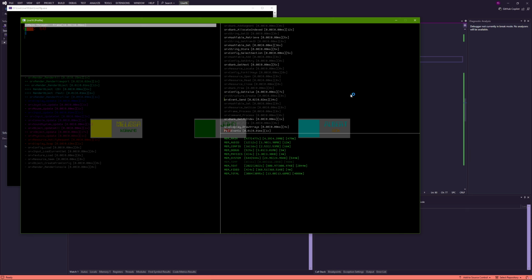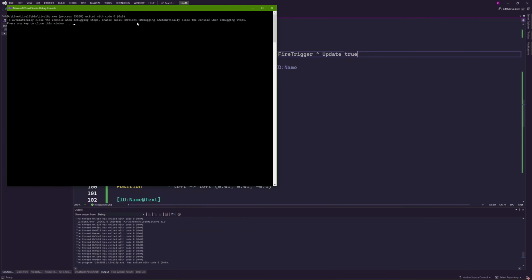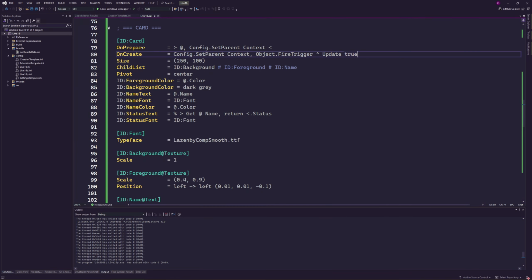So here normally I should not have broken everything. It's still working, except that we can see that the update for all the objects is now flat. It's 0 milliseconds. We're not doing any work. Let's go back in release so that we can see more clearly what happens.